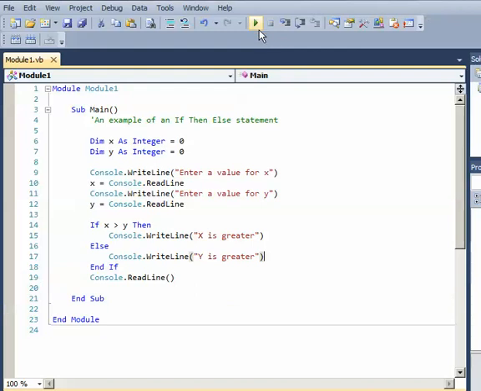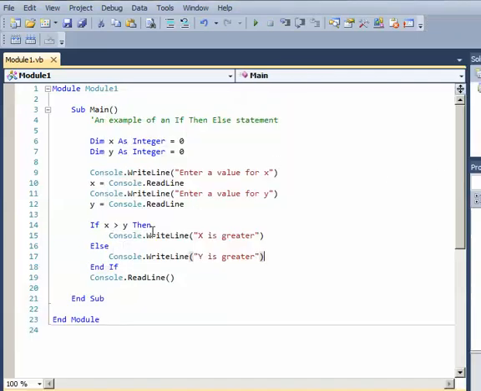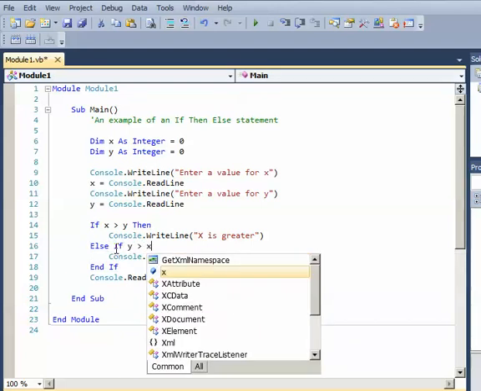But what happens if we run this program and we put in 5 for x and 5 for y? It tells us that y is greater, which is clearly not true because we have a third case here. So what I could do is write if x is greater than y. If this expression evaluates to true, then I say x is greater, and then I can say else if y is greater than x, then